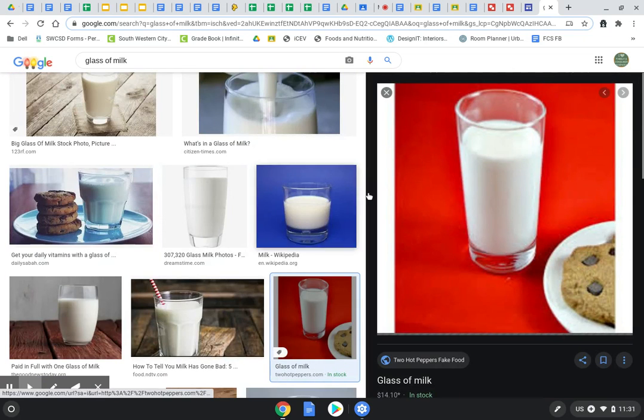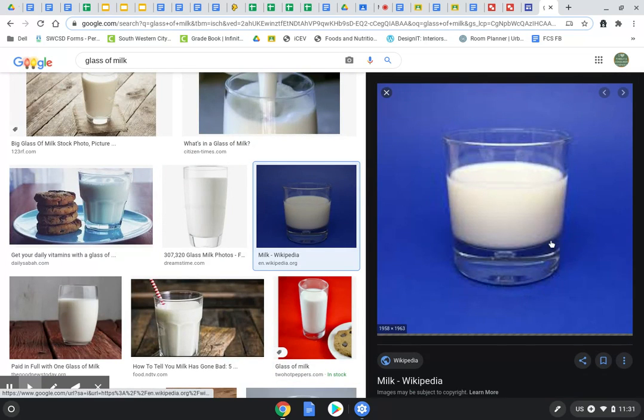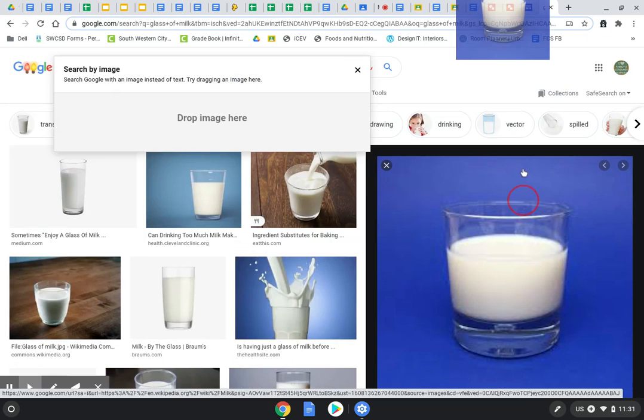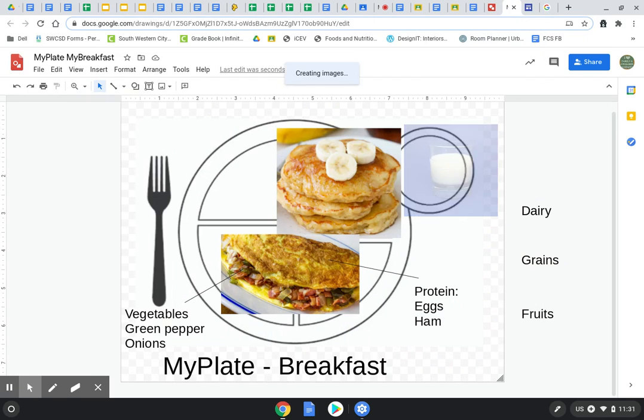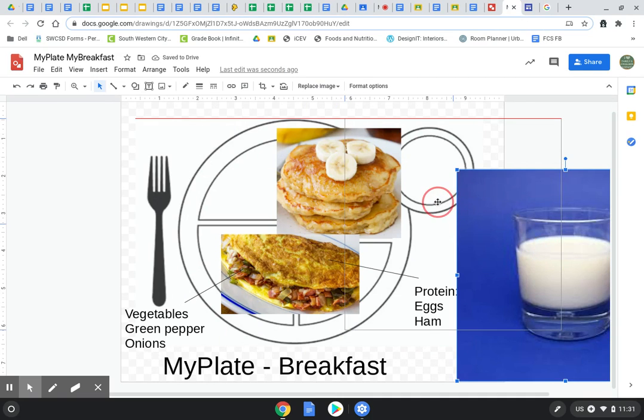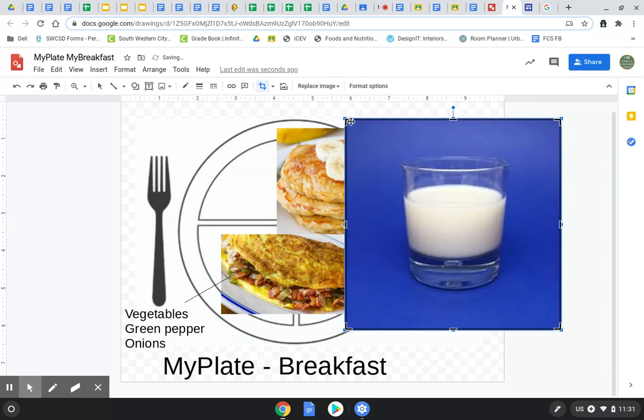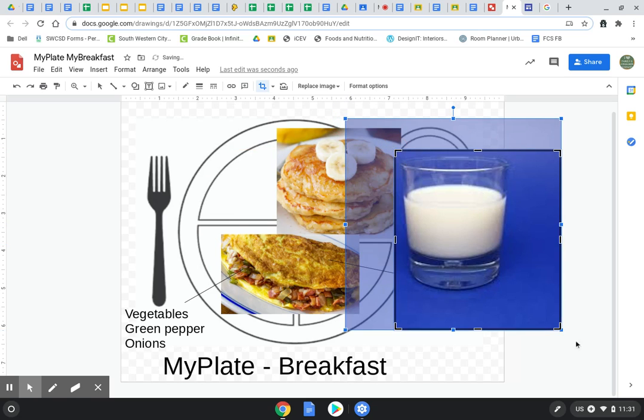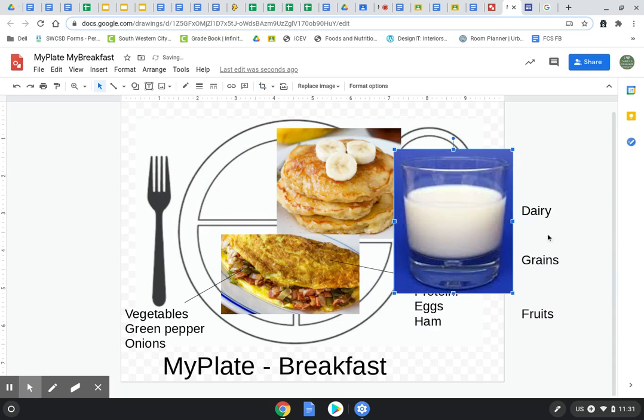Okay. This guy. Actually, I like the blue because that's the color of the food group. Okay, and I'm going to put my milk right here. And obviously he would be a little big. Okay, so your plate should be filling up with food right now.